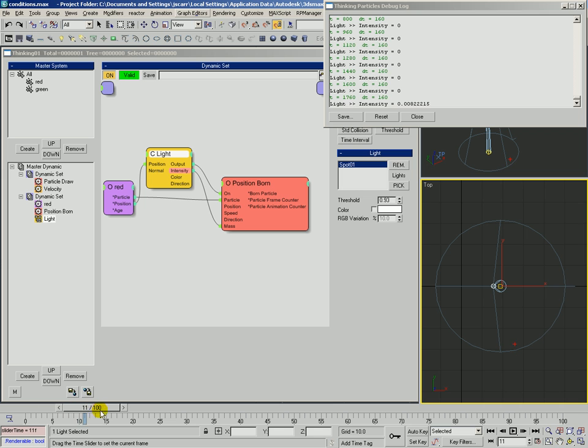Then he moves into that light field, and you can see those light values start to increase as he moves closer toward the center. Then you could say, okay, well, here he comes. He's going to get close to this threshold we've got, 0.93. There it is, and there it goes. So now, boom, this guy gets born, and